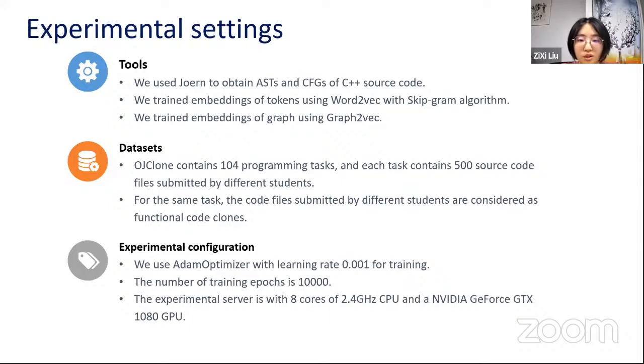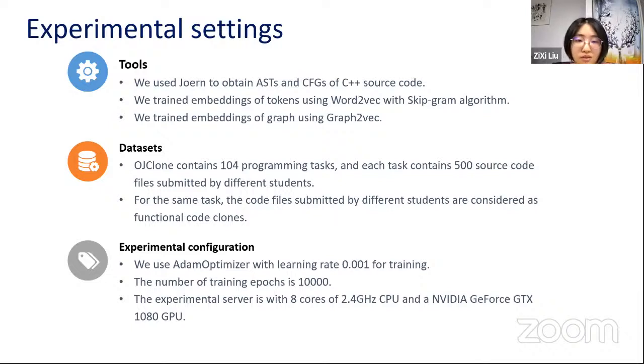It contains 104 programming tasks, and each task contains 500 source code files submitted by different students. For the same task, the code files submitted by different students are considered as functional code clones. Such a dataset is very suitable for functional code clone detection because the structure and the code must be different when different programmers implement the same functionality. This dataset is also widely used in the research of existing code clone detection, which is convenient for us to